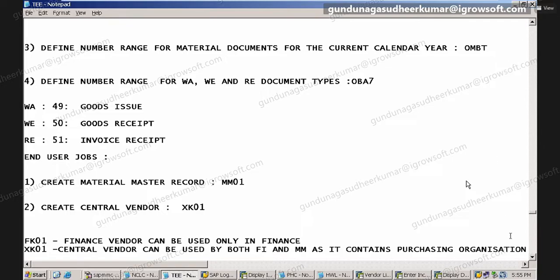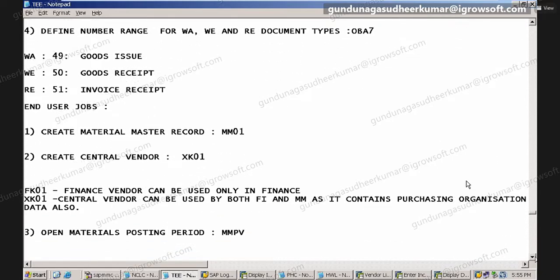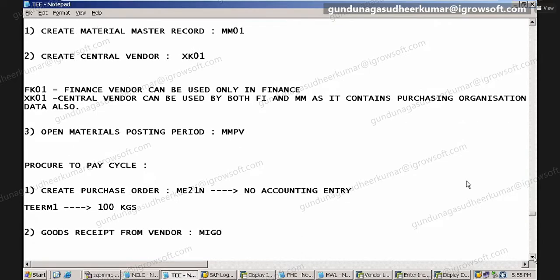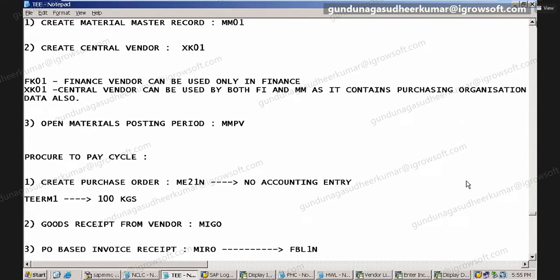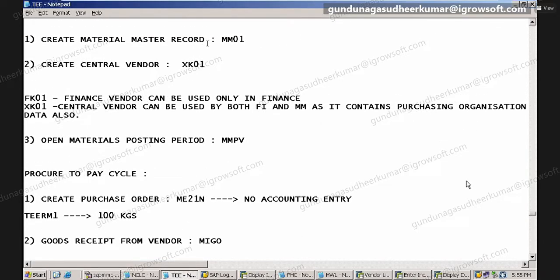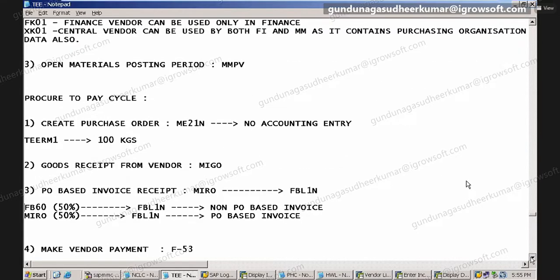Hello, sir. In XK01, we have to create a new vendor also, sir. Yeah, if required, if you want to create a new vendor, you create, or you extend the existing one to central. We have a small doubt in that, sir. Account verification.